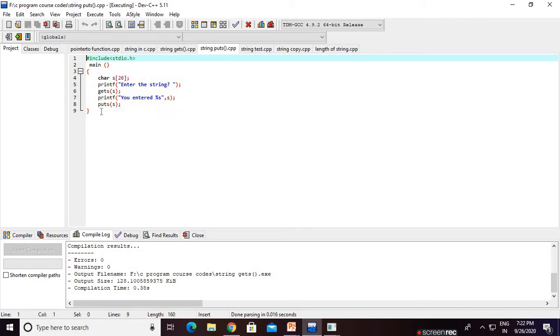For printing, we use puts. gets for taking the input and puts for printing the result. Every time in gets and puts, we pass the whole character array, that means s. Okay. So click on execute, compile, then run.